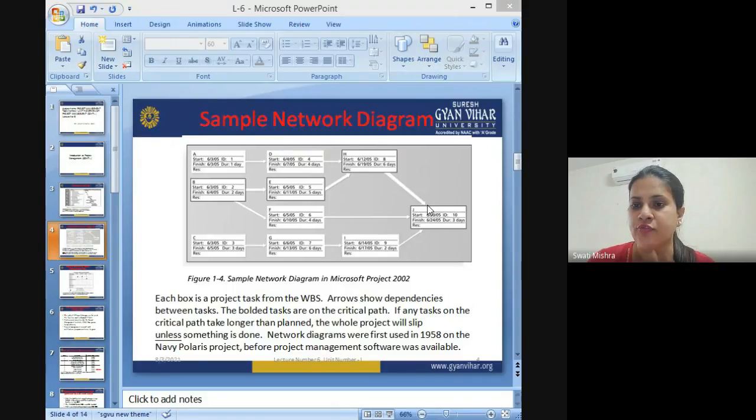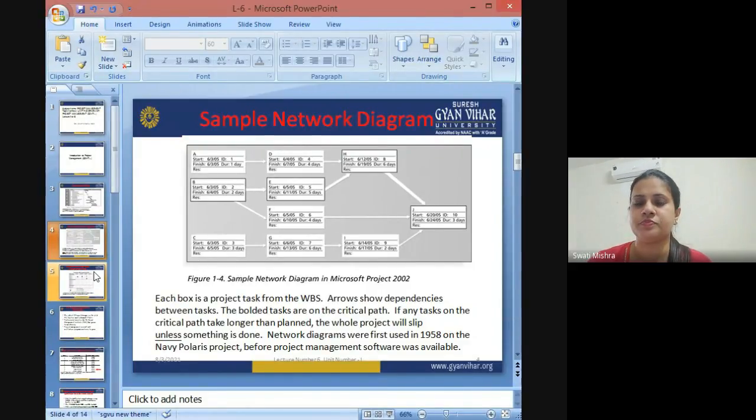Right, so it is a very well organized and very well designed network diagram, as you can see on the screen. And whenever you want to develop any network diagram, you also have to prepare a similar kind of network diagram in future, right? We'll be studying the networking techniques also in this subject, wherein you'll be studying the critical path method, CPM, and the project evaluation and review technique, which is called PERT.